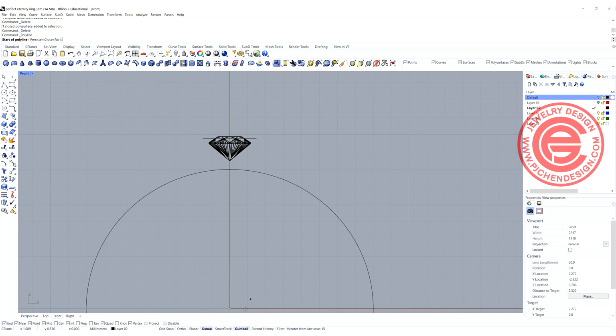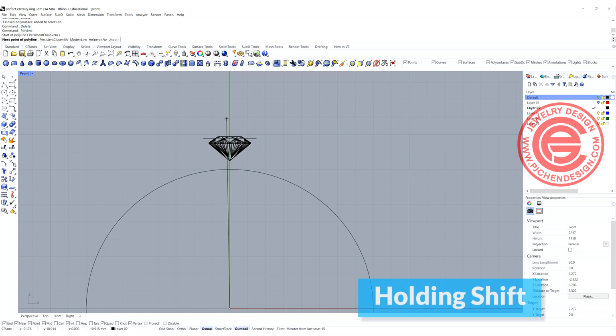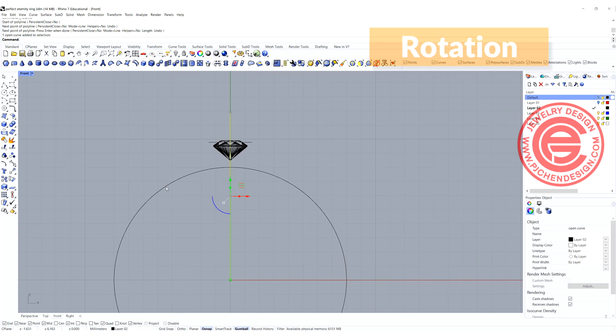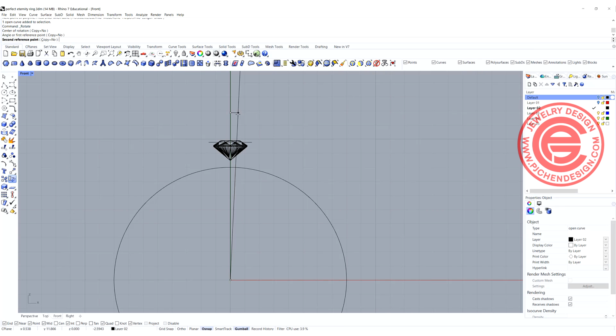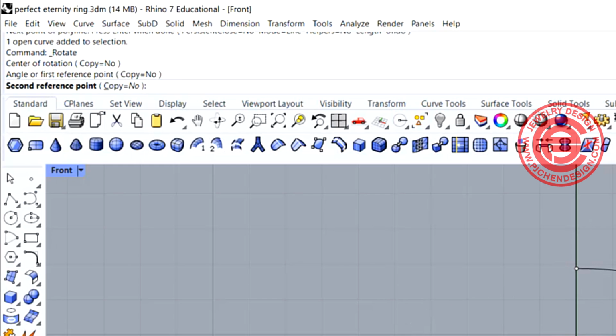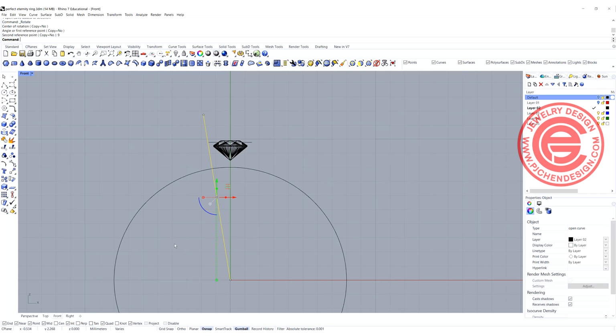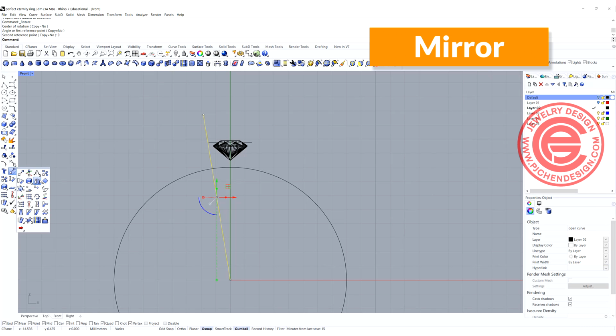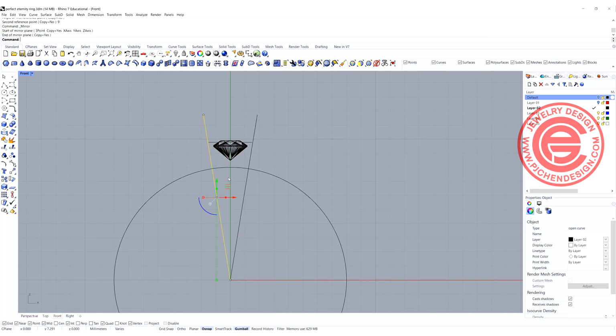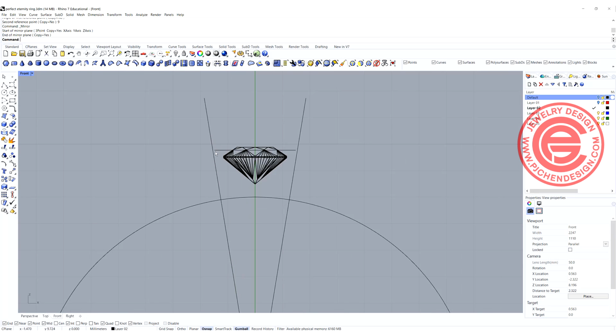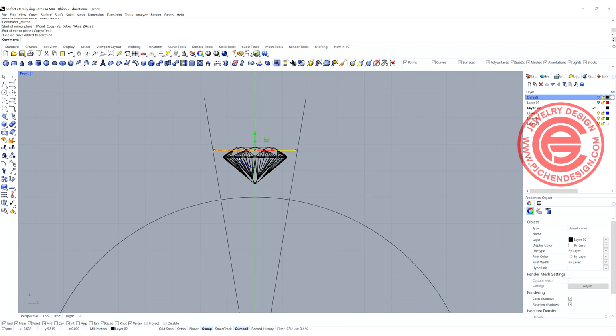Let's go ahead and draw a line starting from here, and we're just holding the shift, and then we'll draw a straight line. In this line, I'm going to rotate this one for 9 degrees, and just have that mirror to the other side. So that is showing if my setting is fitting in between here, and that will have a perfect meet